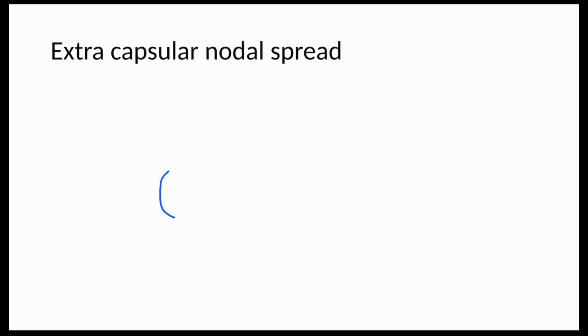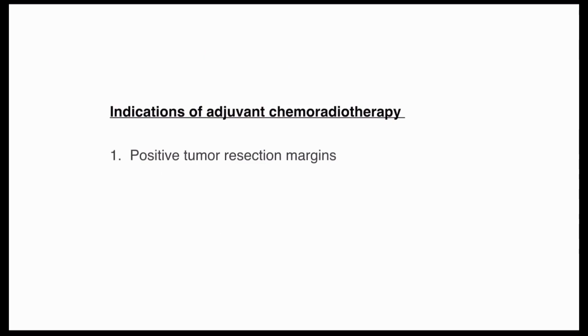Extracapsular nodal spread is said when the tumor breaches the node capsule into the surrounding tissue. It is considered one of the worst prognostic factors in resectable oral cancer. Chemoradiation is given in some specific settings. Indications of adjuvant chemoradiotherapy are positive tumor resection margins, extracapsular nodal extension,